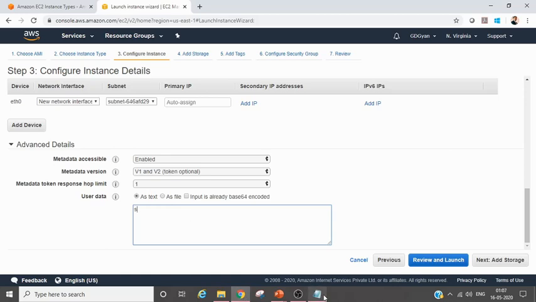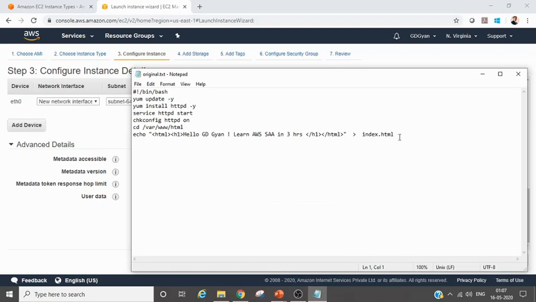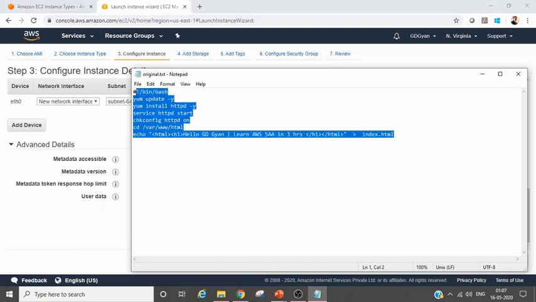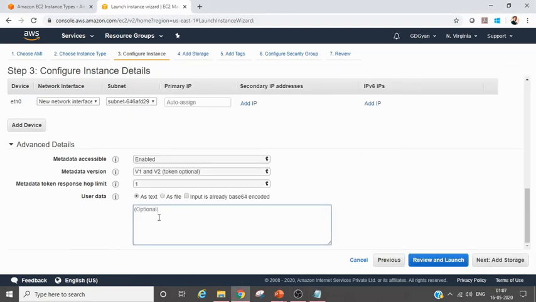As I mentioned, I have the Bootstrap created here. I just copy it and paste it here. If you don't want to do that, that is also fine. You can do it once you launch. So initially I add a shebang line.